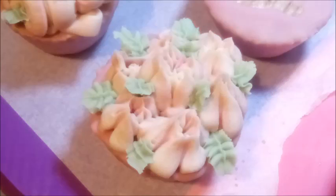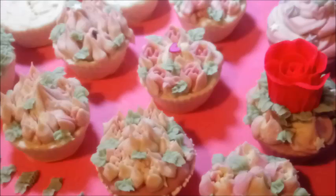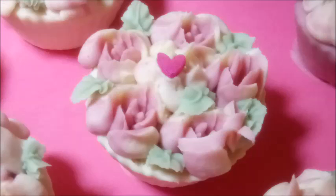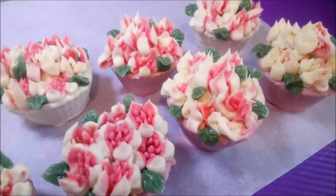I've just put a little heart on top, and this one where I had leftover green, so I just sort of piped all around it, and you can see some of the flowers and how they have turned out in some of these ones. I'm pretty chuffed with it for a very first attempt. And yeah, all in all, they're pretty and they're cute, and they're soap cupcakes, so, you know, go ahead, use them. Please use them, don't just look at them. So loads and loads of photos of the ones I made, my favourite one there on the first day, and